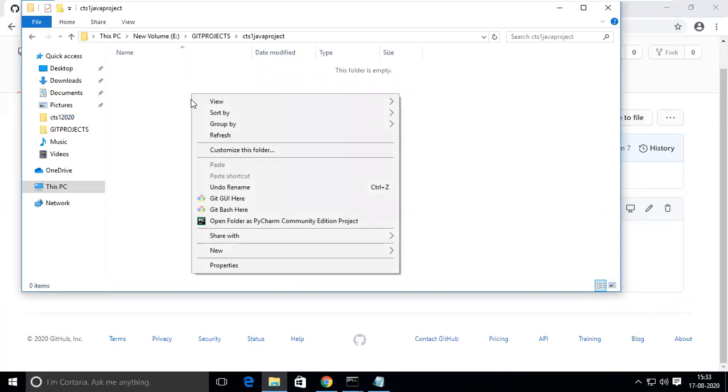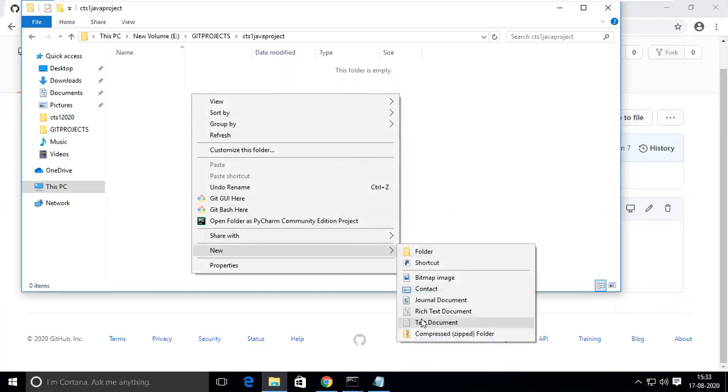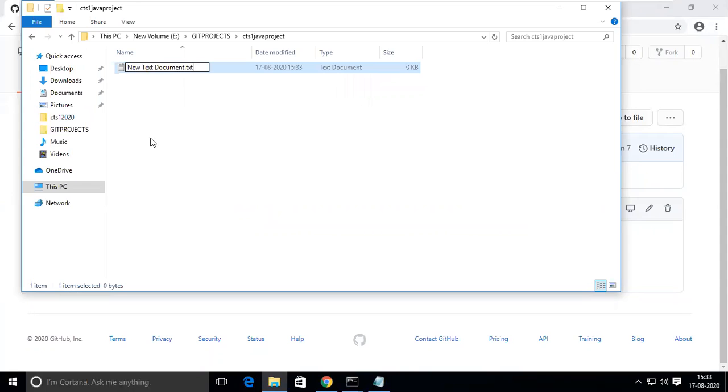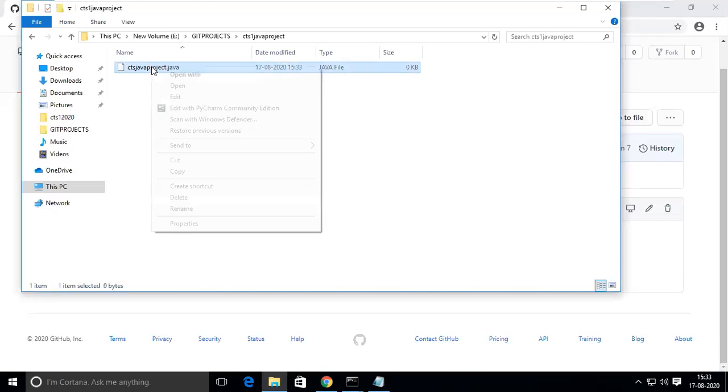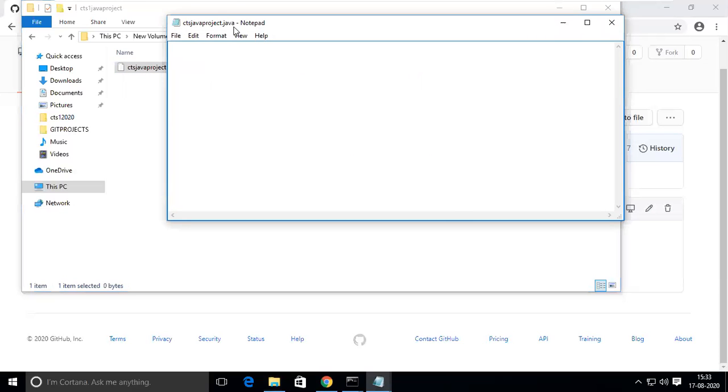And I'm going to create a Java file here. So I'm going to remove everything, and I'm putting the name CTS Java project.java. So I created a Java file which doesn't have anything.